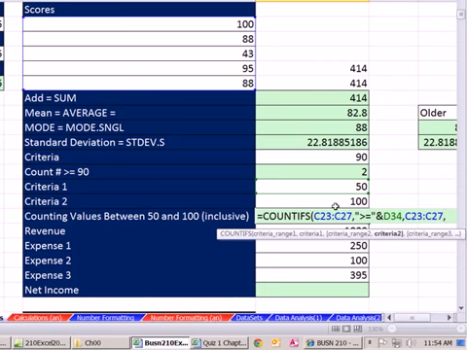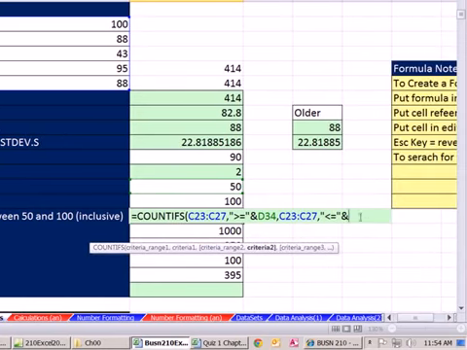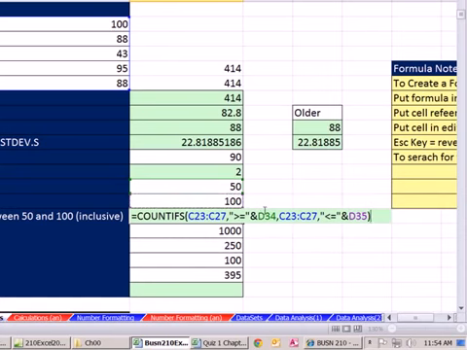This one has to be less than. So double quotes, less than or equal to, and double quotes, and ampersand. All right, so we have our comparative operator and our join symbol. So now I simply click on the upper end. And that's it. I close parentheses and